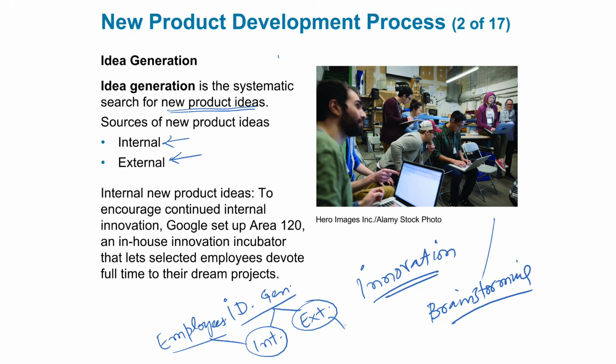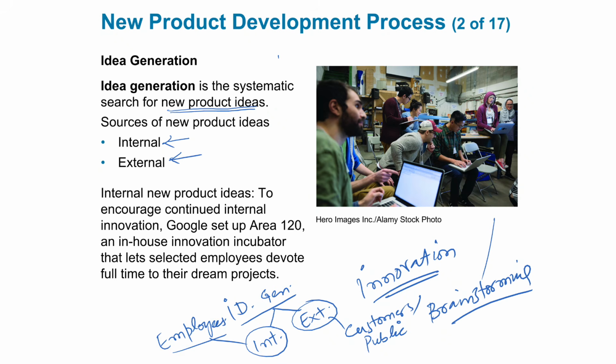External idea generation comes from customers in most of the cases, but in some cases it can be the public as well. And we'll discuss how organizations and companies use the public to give them ideas. There are companies like Coke, Pepsi, Lay's, Starbucks, even Pizza Hut. They had campaigns where they ask customers, even the public who are not their customers, to give them ideas, and if their idea is selected, they will get some prize, some token money, some coupons, some features, some reward from the company. So yeah, that is also a very common thing.